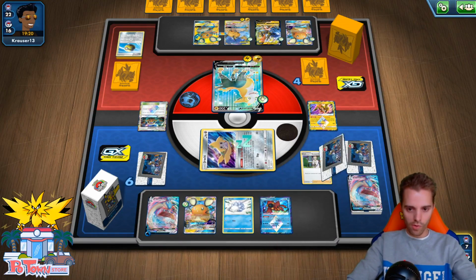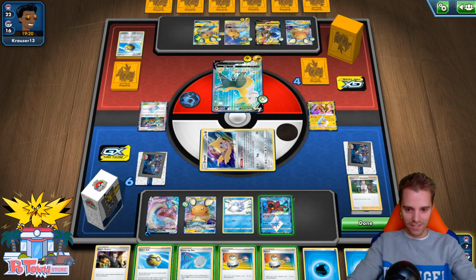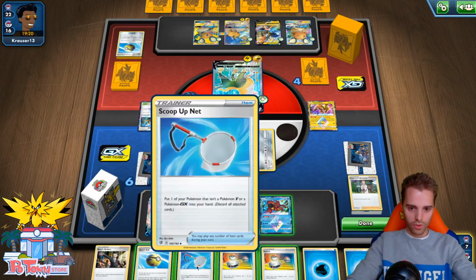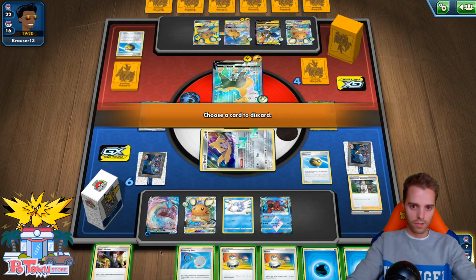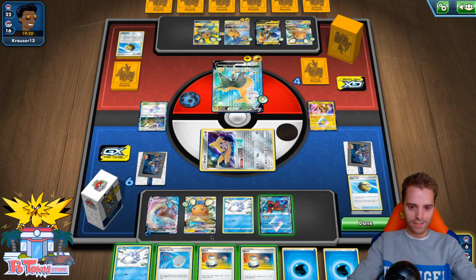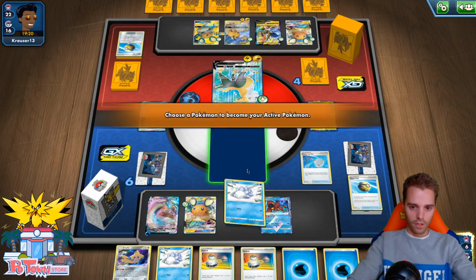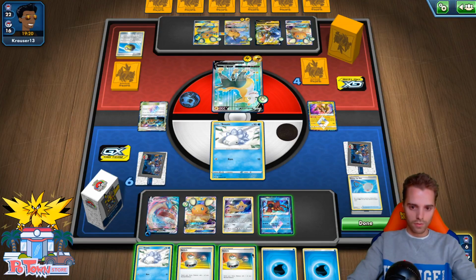Ta-ta! What is gonna happen? Okay, we have Scoop Up Net, Quick Ball. Yeah. We're just gonna have to go for Scoop Up Net. Probably gonna get out another Jirachi, right? Boss's Orders will be totally useless at this point. Okay, another Snom. That's not what we needed, so we're gonna scoop up away our Jirachi. Gonna promote this fella again. Gonna go for the switch. Hello,